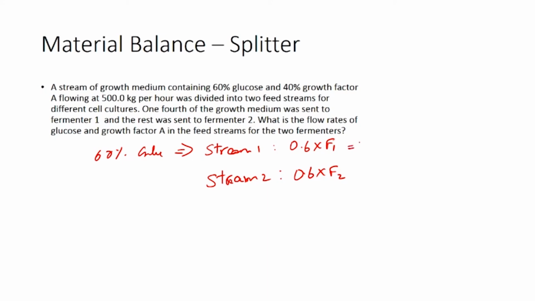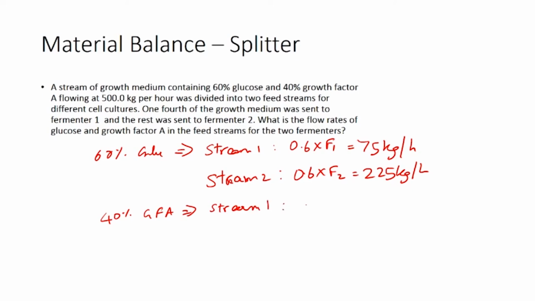In stream 1 the mass of glucose leaving would be 75 kilograms per hour, and in stream 2 it would be 225 kilograms per hour. So, 40% of these streams contains growth factor A, which implies stream 1